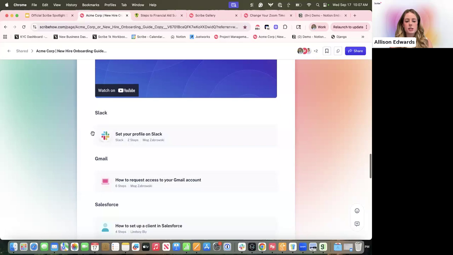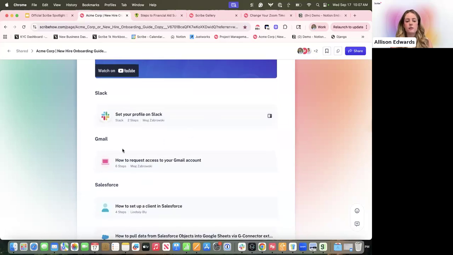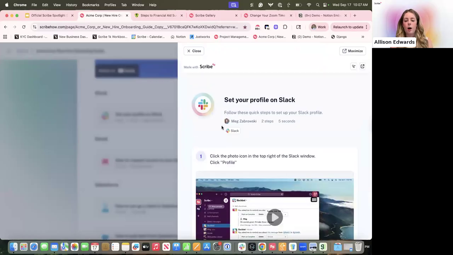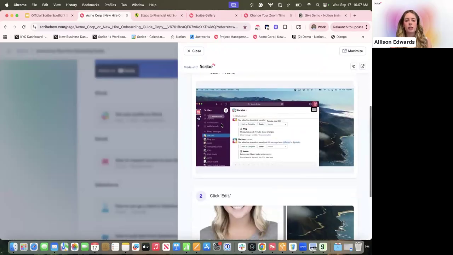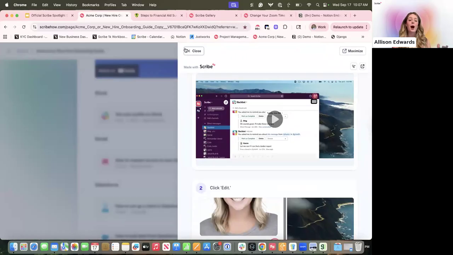But probably the best thing to note here is you can actually integrate individual scribes. So for example, if I was the end user, I could easily click into this and out pop the scribes and I can directly interact with them. This is really helpful as you build up all these scribes. You can transform them and break them up into bite-sized pieces and have it sectioned off into one easy, accessible guide.